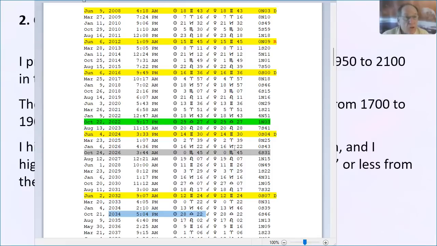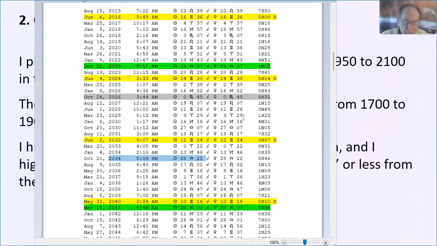It's about 112 years that each point of the star stays in a sign. So now 112 divided by 5, every 23 or 24 years on average, one of the points changes signs. Let me say that again. Every 23 to 24 years on average, one of the points changes signs. So it is unusual, but that's on average.